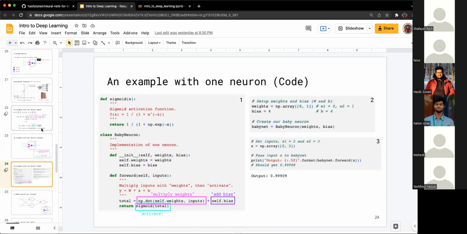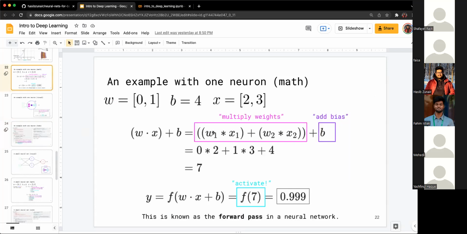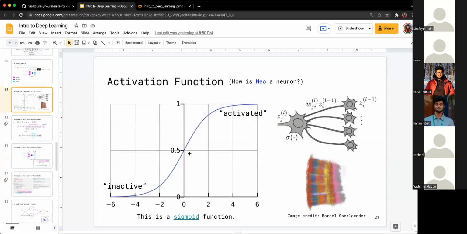And this is also the Pythonic version of this whole thing, where এই পার্টটাতে খেয়াল করো, weights and inputs, we're doing np dot. So np dot is basically a numpy operation, which is simply doing a dot product, which is what we did over here, right? W1 into x1, W2 into x2. So after this dot product, which in other words is multiply weights, we're adding a bias, and then we're doing a sigmoid operation. So the sigmoid operation is this one.